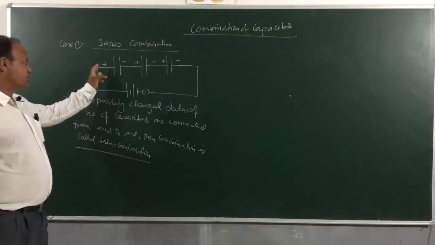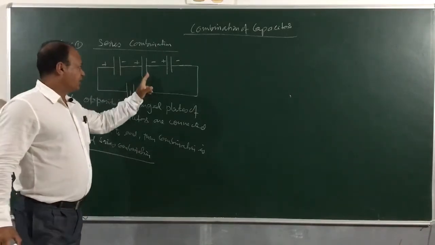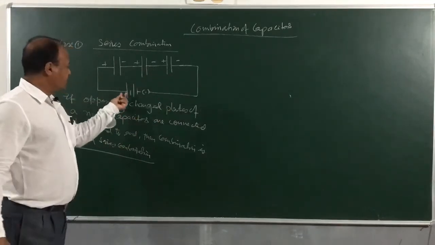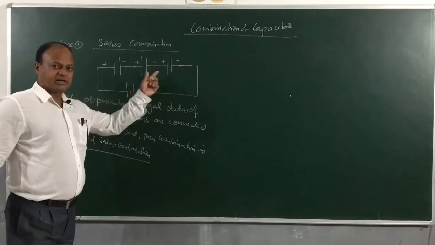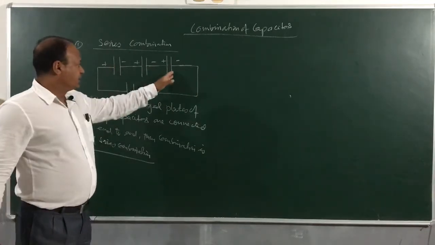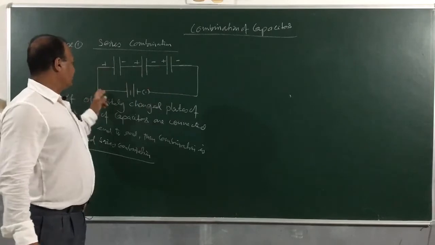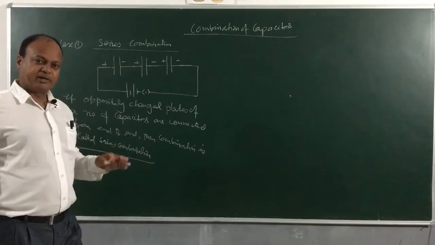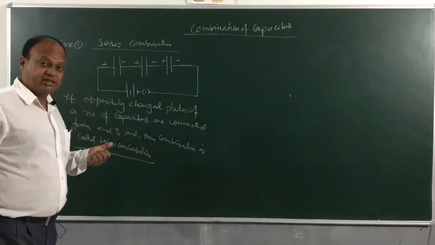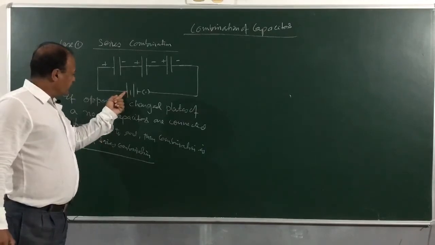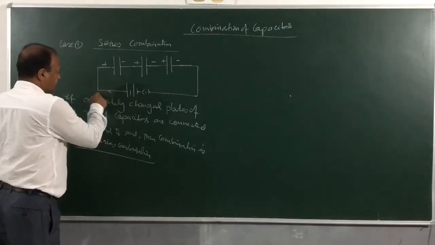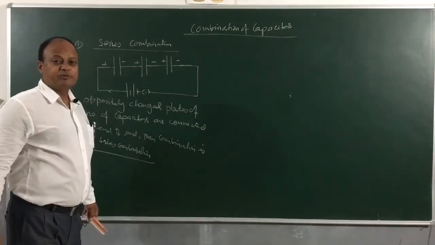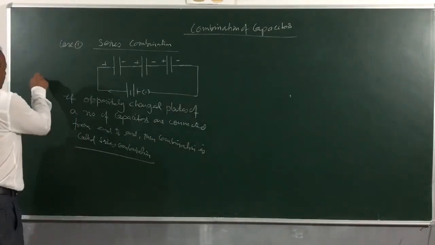Positive is connected to negative, negative is connected to positive, again negative positive, and so on. You can see this positive terminal of the battery and this negative terminal of the battery. So the two extreme plates here will be bearing the same polarity as the connected terminals of the battery, right? So this is to be kept in mind. Now what will be special in this case? You can see the battery will be supplying charges like this. The charge will be traveling here and charge on each plate will be the same.